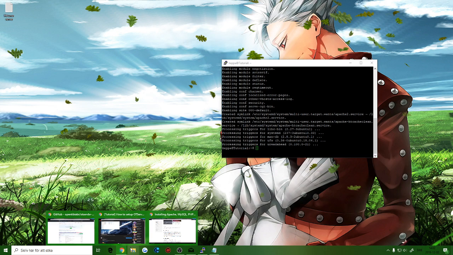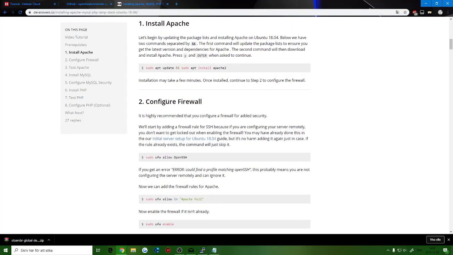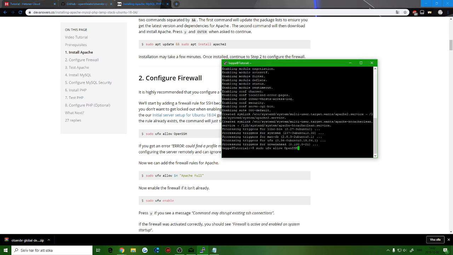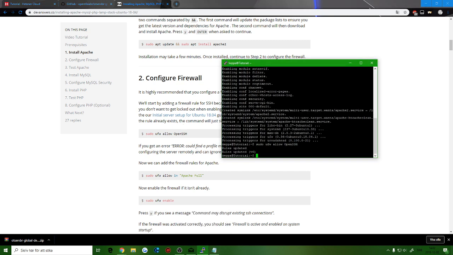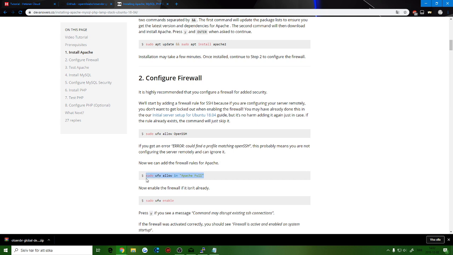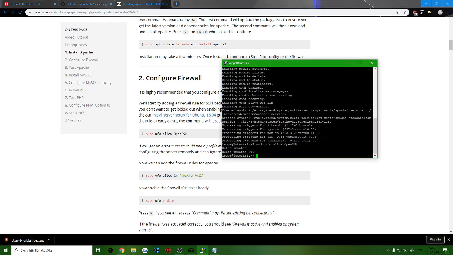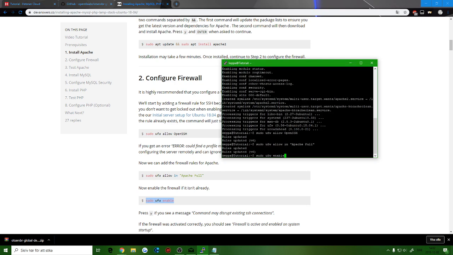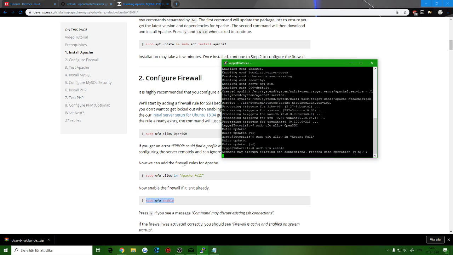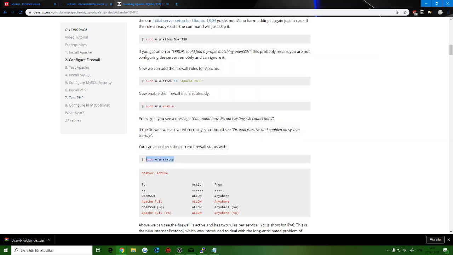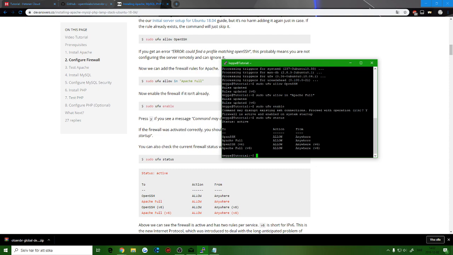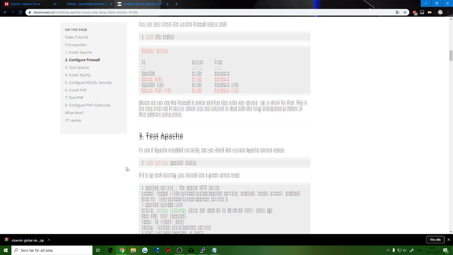Then you should see that Apache is done installing. Now we can configure the firewall by unlocking this here, copy and paste, and you should see rule updated. Then allow Apache like this, and then enable the firewall, press yes, and check the status if it's running or not. And as you can see here, OpenSSH allow, Apache allow,